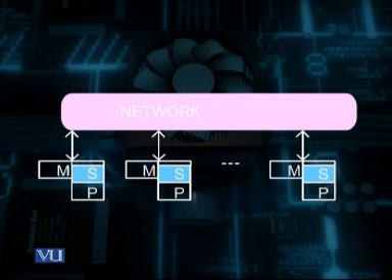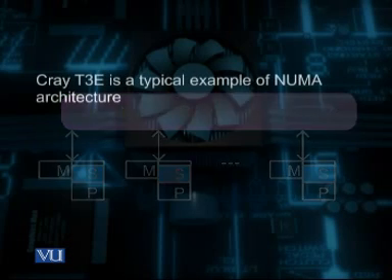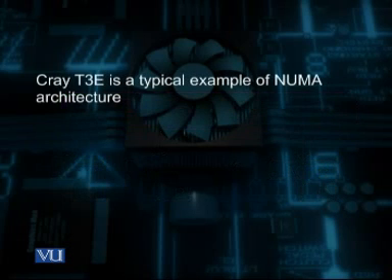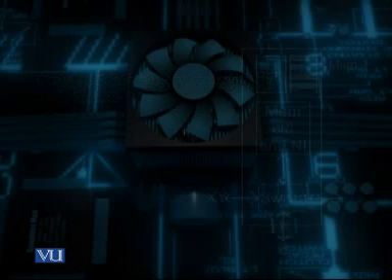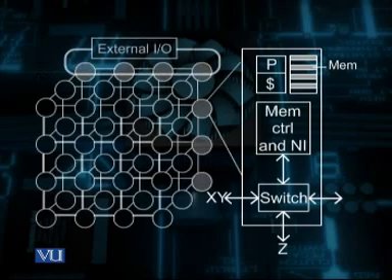This is why this architecture is also referred to as non-uniform memory access or NUMA architecture. The Cray T3E is a typical example of NUMA architecture. As shown over here, it contains